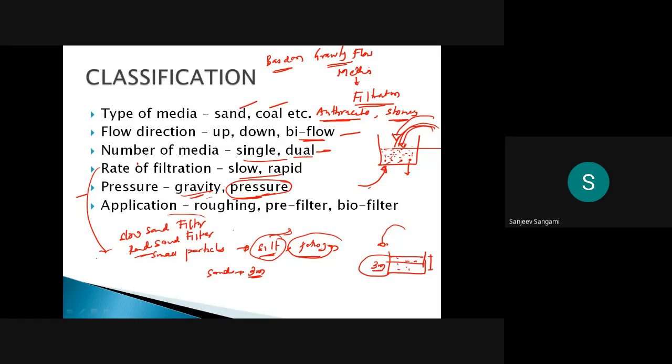Okay, so then some of the major applications for this filtration process: we use it to design the biofilters. We use it to design the pre-filters, and post filters also. This sand and anthracite coal, we use as pre-filtration media as well as post-filtration media also. Okay, now overall, you can understand that.